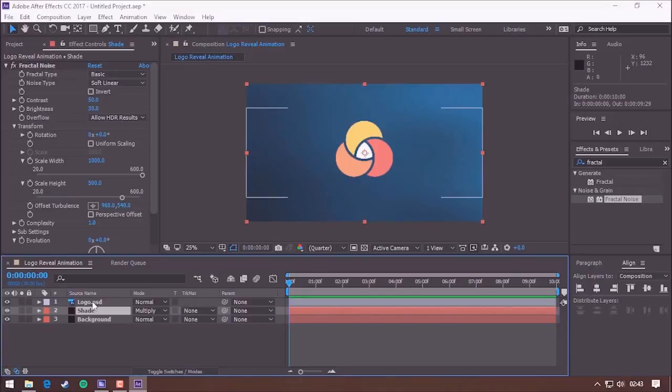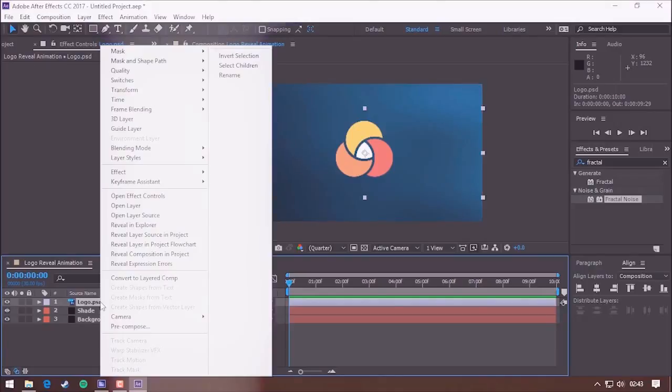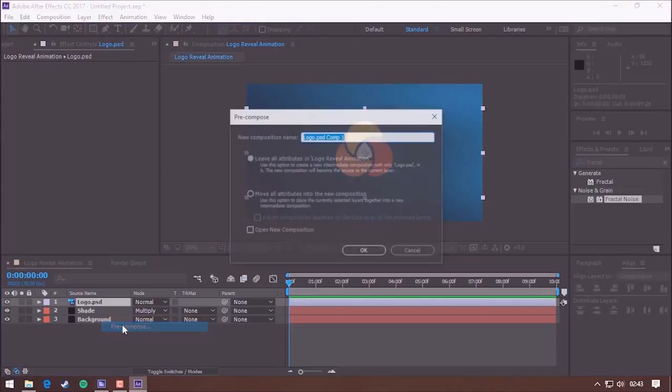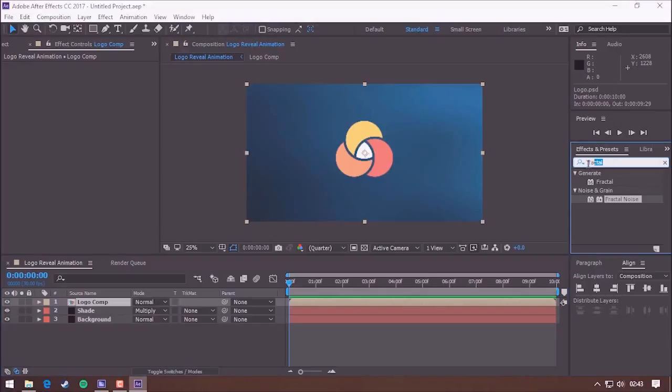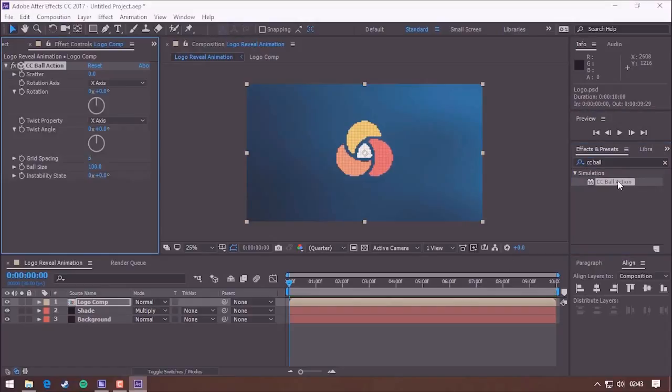Well, after that, click on the logo and then right click, choose pre-compose and change the name into logo comp. And choose move all attributes into the new composition and click OK. Well, after that, back into the effect panel on the right side, search CC Ball Action. Activate the logo comp first, double click on it,